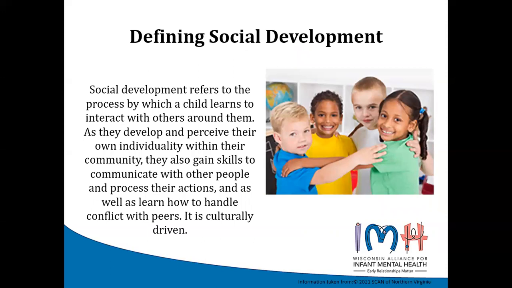Social emotional development refers to the process by which a child learns to interact with others around them. As they develop and perceive their own individuality within their community, they also gain skills to communicate with other people and process their actions, as well as learn how to handle conflict with peers. And it is culturally driven. And what that means is children learn based upon their family how they should respond, how they should interact